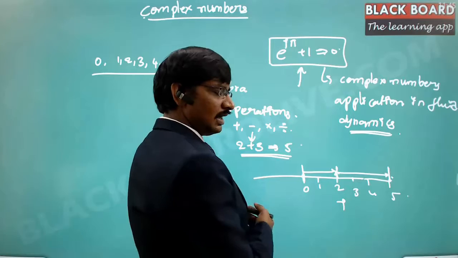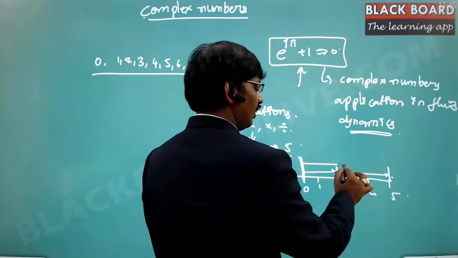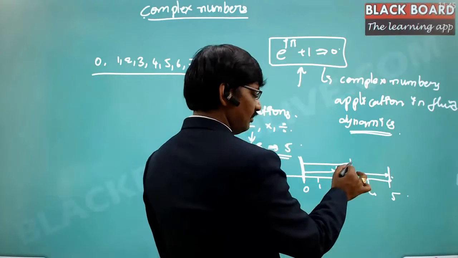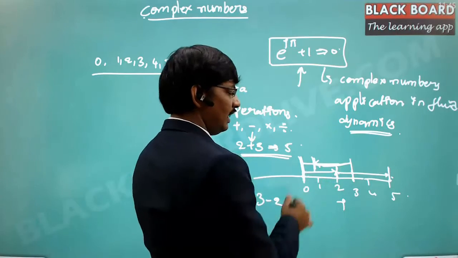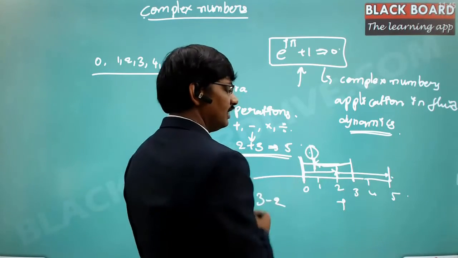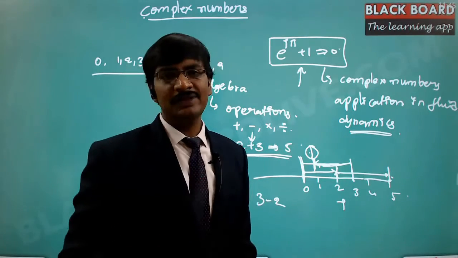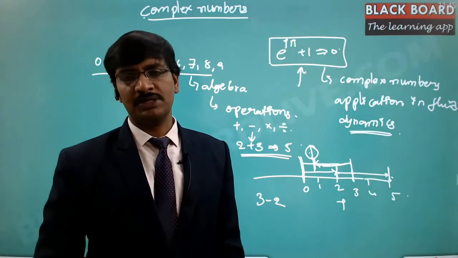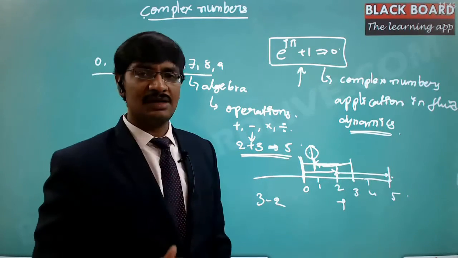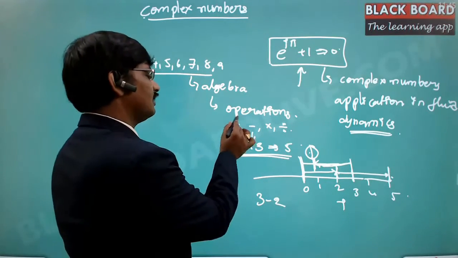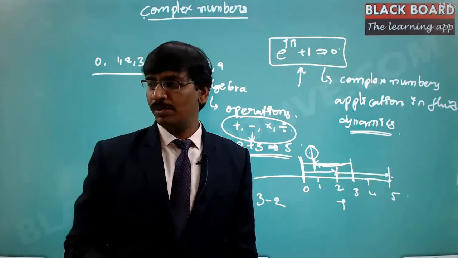If you count on the negative side, suppose I take 3 minus 2, that means 3 on this side, so this is the plus, and then minus is the opposite direction you need to travel, and finally you are left with the number 1. Every operation is defined with certain properties, and we need to discuss those properties. These are just numbers, meaning symbols associated with certain operations. In exactly the same manner we have defined the complex numbers as well.